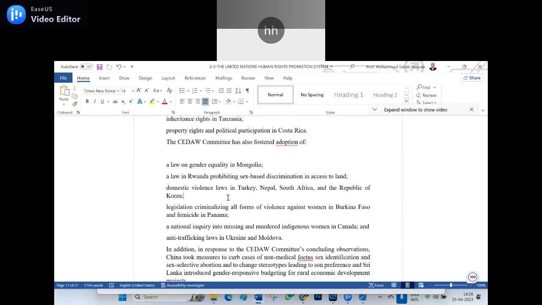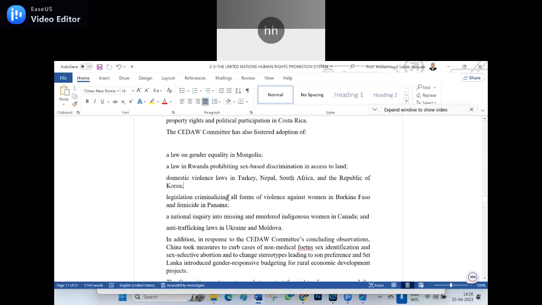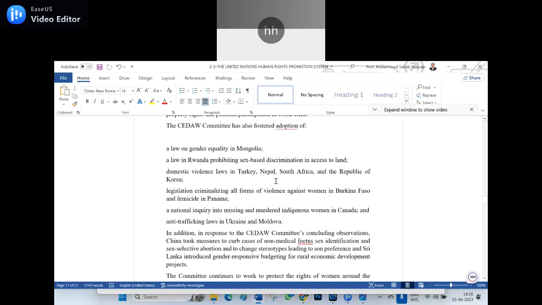Yes. A law would be changed because law should be there for the smooth running of the society. So when a society changes, law should also change at the same pace. Now, legislation criminalizing all forms of violence against women in Burkina Faso, and femicide in Panama, because when a woman was pregnant, the girl would be aborted. That was the practice in Saudi Arabia also earlier, but now it is prohibited there also,